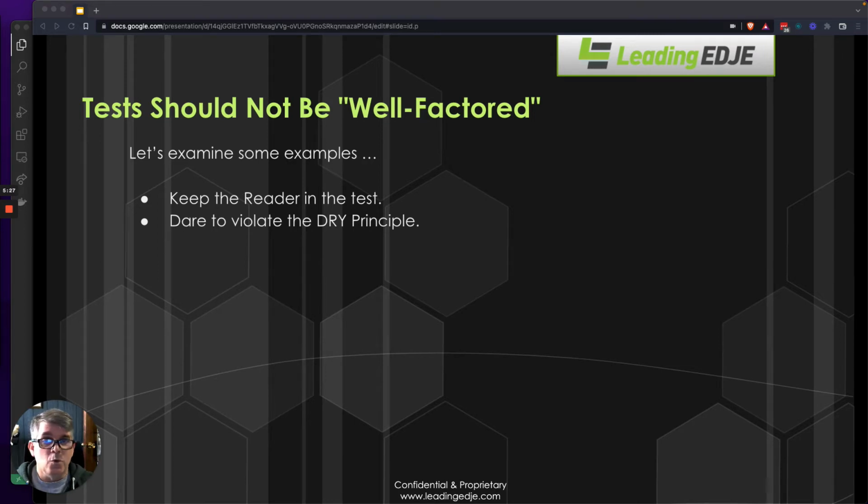So tests should not be well factored, and just to define that, we need to talk about what well factored code is. Well factored code is code that's easy to read and reason about, code that can be tested easily, and code that's well defined often has a high level of complexity. Our day-to-day code, where we've abstracted things out and broken things down in a way that makes it easy to figure out what's going on, isn't necessarily what we want to do